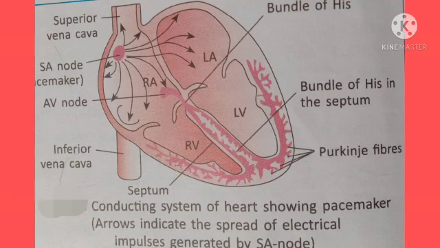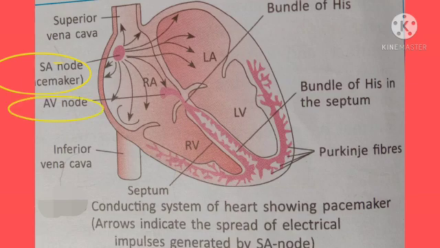The pumping action of heart is generated and regulated by electrical signals conducted through a natural pacemaker of the heart. On the upper right of the right auricle, a cluster of cells called the sinoatrial node or SA node is situated. It is called the heart's natural pacemaker. It coordinates the contraction of various chambers of heart.